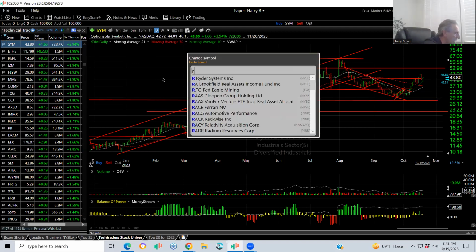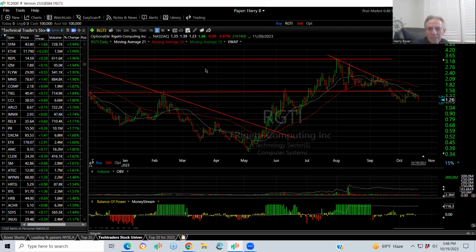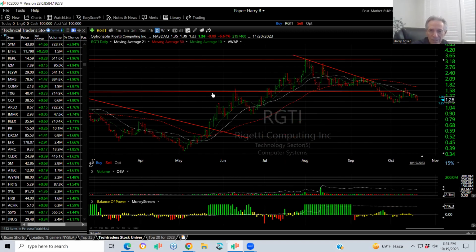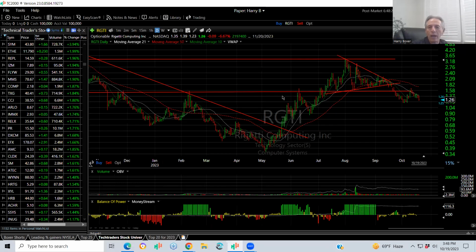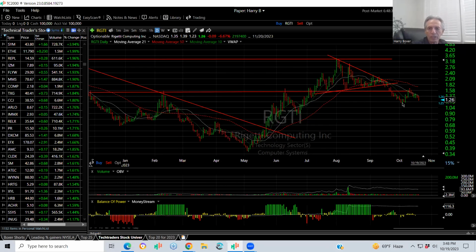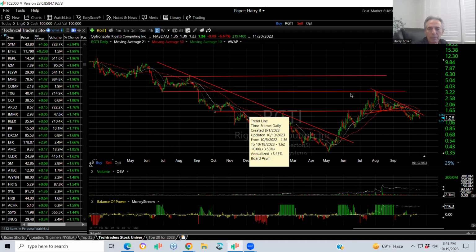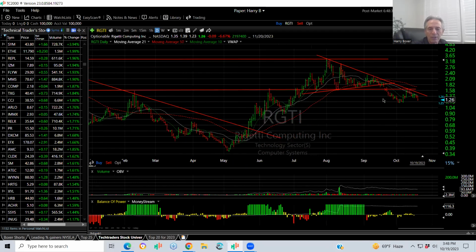RGTI, let's take a look. Not a good chart, folks. Oh, this was so good in here. I even told my people, if that big wedge breaks out, we're going to go long. Guess what? Never anticipate a wedge or any coil because it can go this way. Now, it's in a new downtrend. It's broken support. This was a double, triple top. It broke out. But once it breaks back down underneath it, it's in a new downtrend. I would avoid for now.